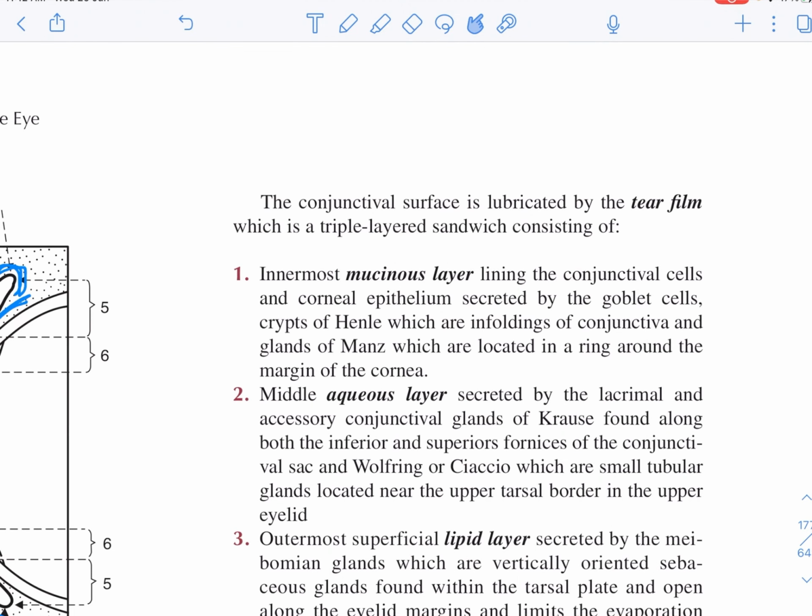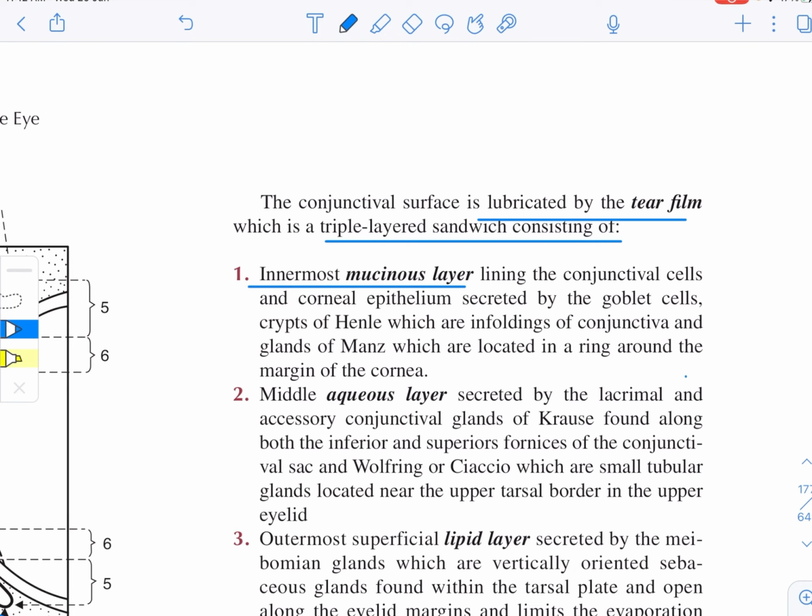Now, the conjunctival surface is lubricated by the tear film, which is a triple layered sandwich. Now, see the layers of the tear film. Innermost is the mucinous layer, which is received from the goblet cells. So, innermost is the mucinous layer lining the conjunctival cells and the corneal epithelium, secreted by the goblet cells, crypts of Henle, which are infoldings of conjunctiva, and glands of Manz, which are located in a ring around the margin